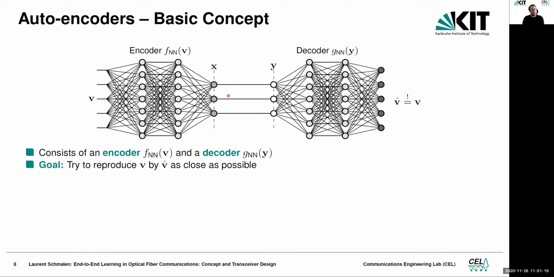So what you can do is you can often use this in an unsupervised way. So you have some data V, and you want to find some low dimensional representation of this data. Then you can use it. So this autoencoder concept looks very similar to a communication system. In a communication system, we have a bottleneck, which is our channel. The communication channel is our bottleneck. So we want to transmit data V over our bottleneck and reconstruct them as close as possible.